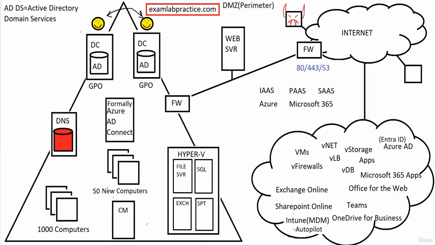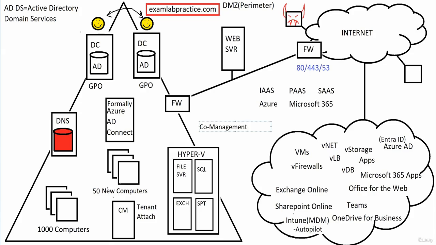But you might say, well, can we make these two work together in harmony? Yes, you can. One of the things you can do with Config Manager is what's called tenant attach. Tenant attach means you can go into Config Manager and link Config Manager to your Azure environment, Microsoft 365 environment with Entra ID. You can do tenant attach. This will link it with Intune. Now when that happens, when tenant attach occurs, we support a feature called co-management,